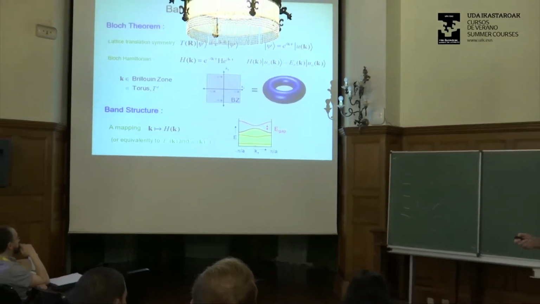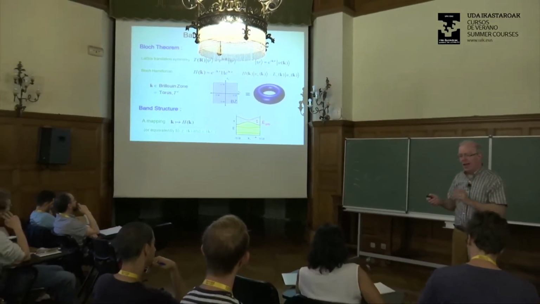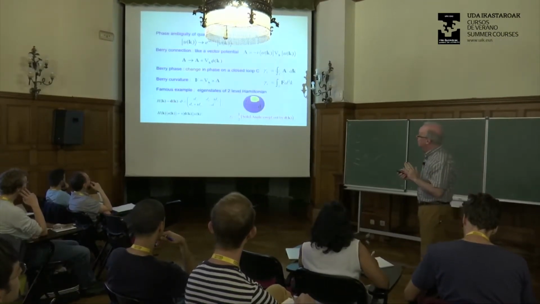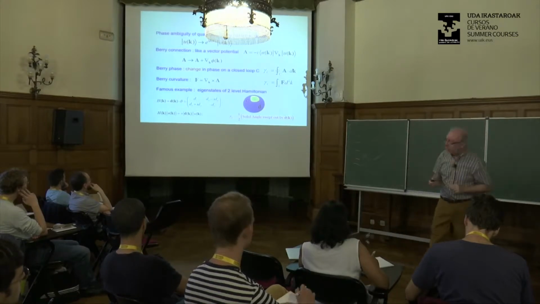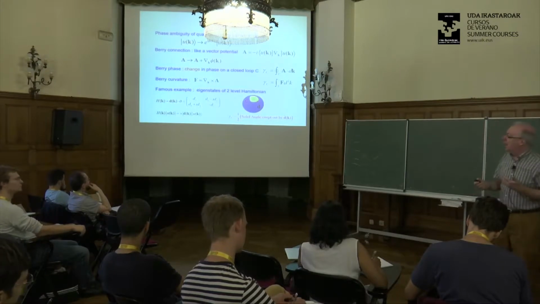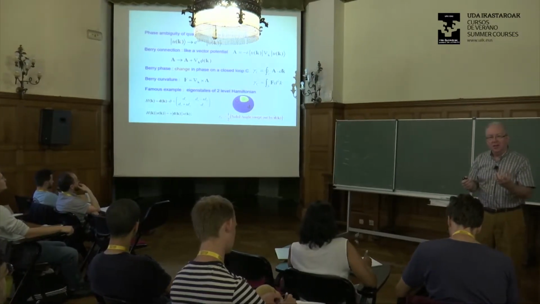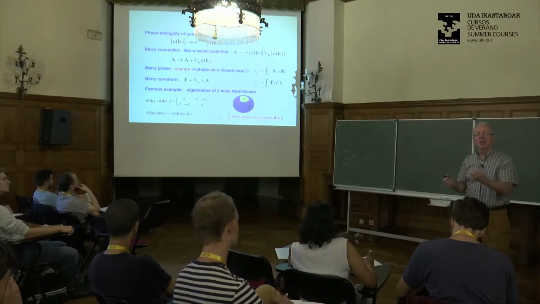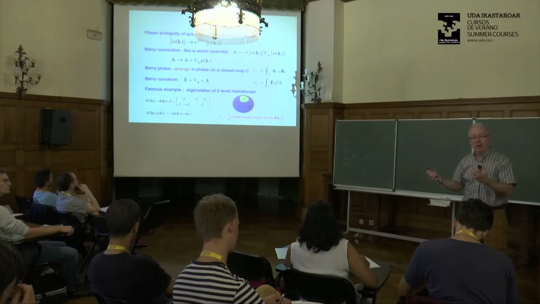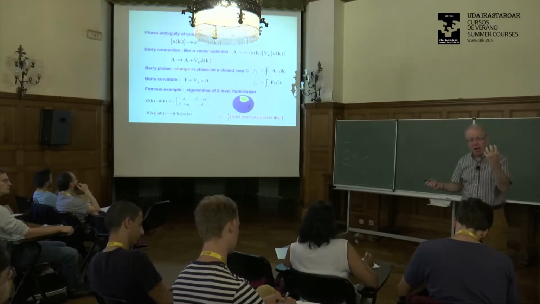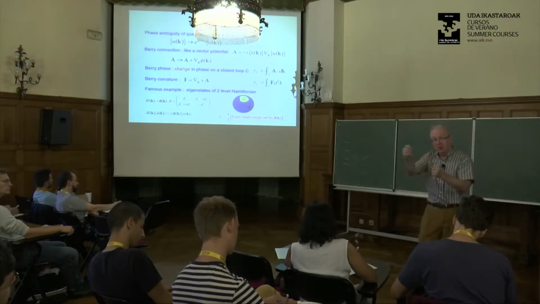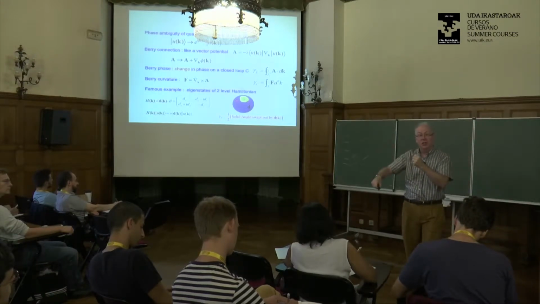In order to introduce that, let me introduce the most powerful concept, which is the concept of the Berry phase. The Berry phase is something that arises whenever you have a Hamiltonian that depends continuously on some set of parameters. In the present case, the parameters that we're talking about are the crystal momentum, so we have a Bloch Hamiltonian that depends on k. But it could be any set of parameters. There could be some knob that you can tune that continuously changes the Hamiltonian.